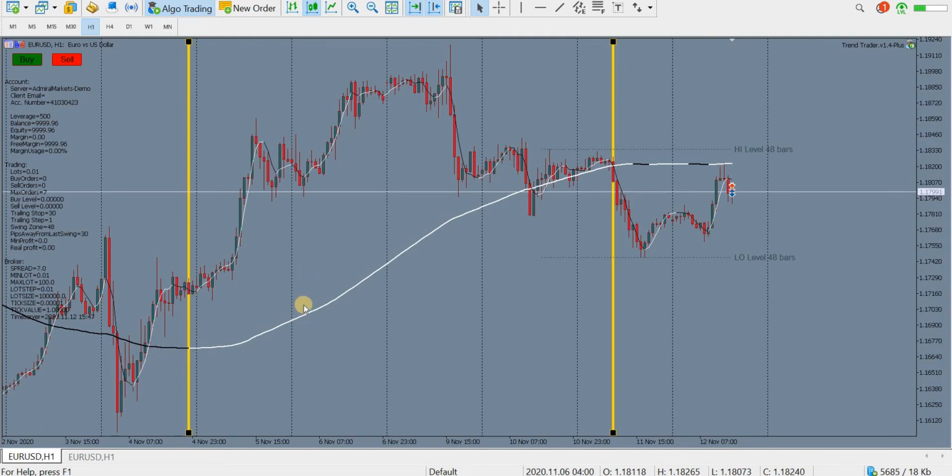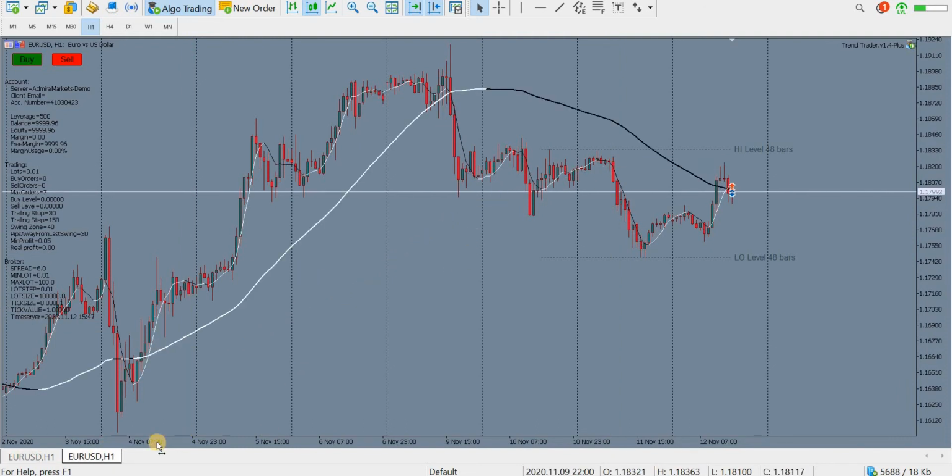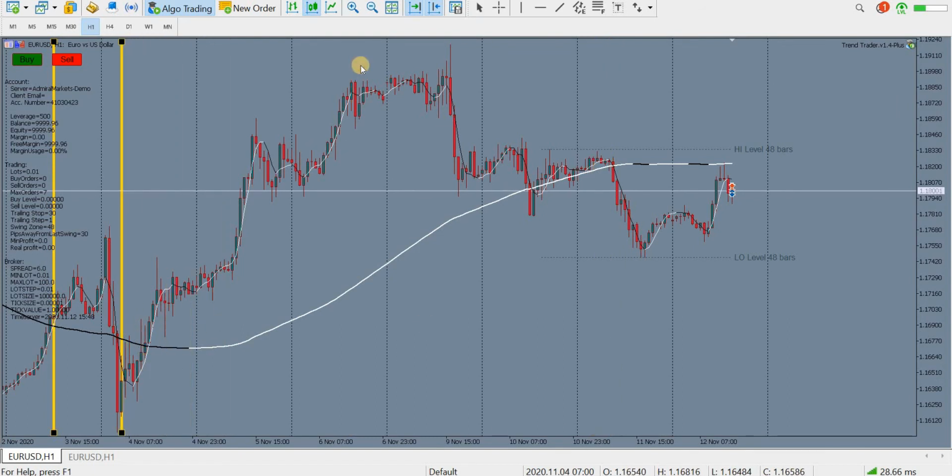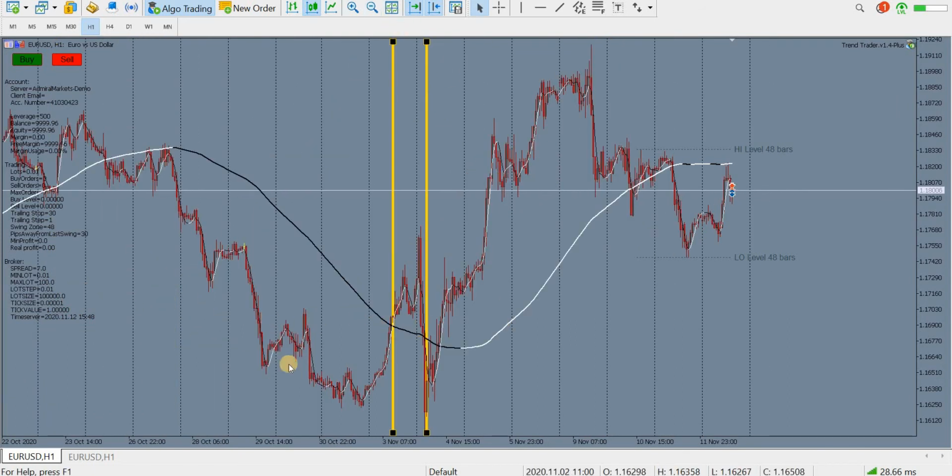And this is useful because the expert advisor, by using these settings, sometimes creates a buffer, a no trade zone, and you might not want to trade that. For example, here the price is above the trend line, but the trend line is black. So if we zoom out, we can see that the trend just changed from downtrend to uptrend. Maybe you don't want to trade this area because it's still a little too